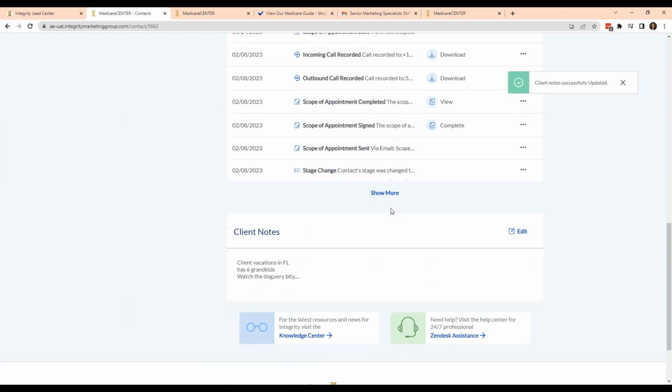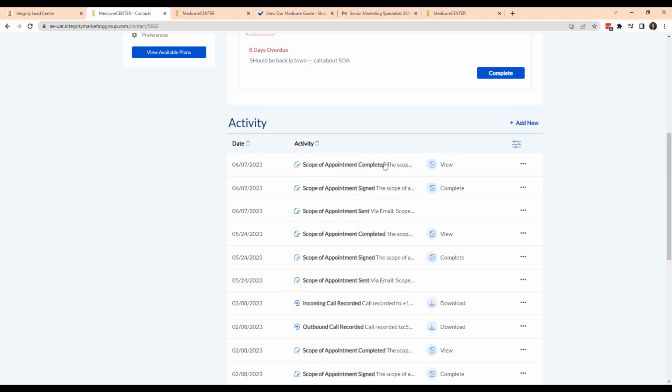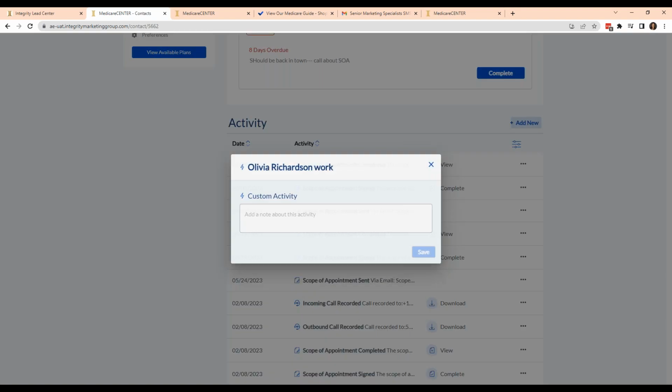But what I like about having the ability to have those notes there, I also, any interaction I do, or I can even add a new custom activity, I'm going to put client called me cell, not recorded,